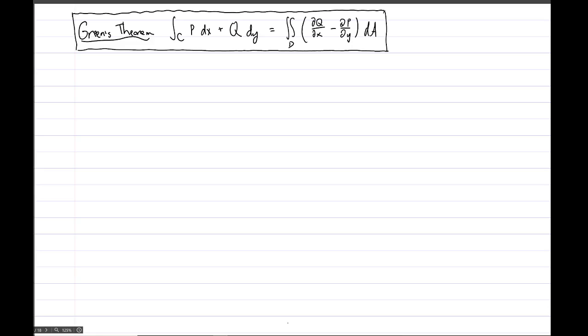Okay, now let's talk about what happens if the region D is not simply connected. Simply connected meant no holes. So what if there's a hole? As an example, what if D is the space